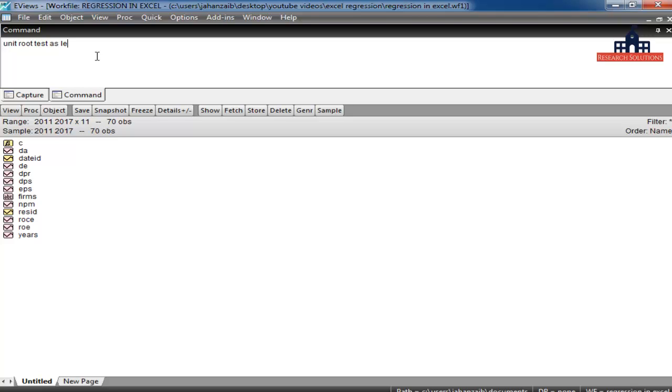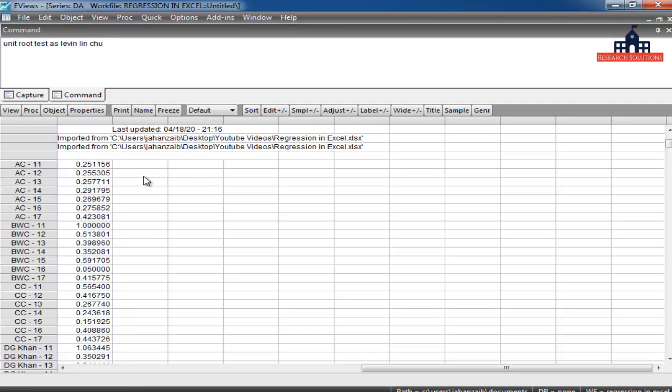Let me teach you how we can check the Levin-Lin-Chu test in EViews. For example, if I open the debt to asset ratio, I select the entire column.